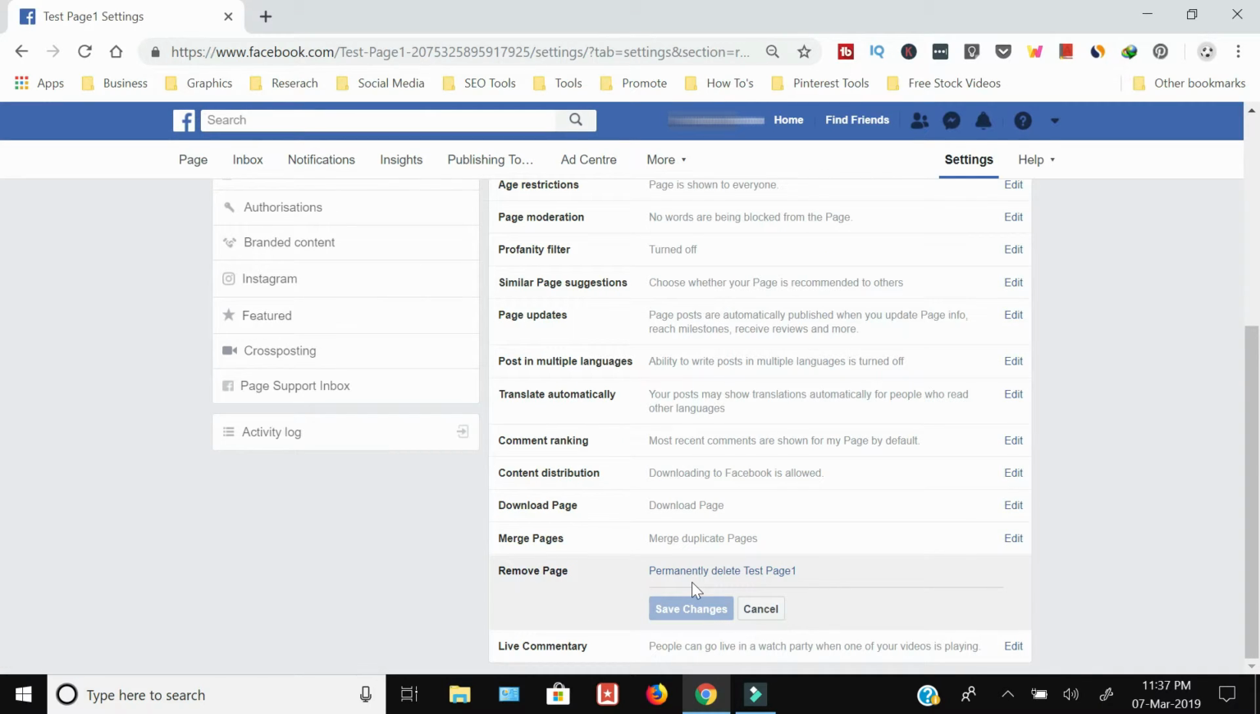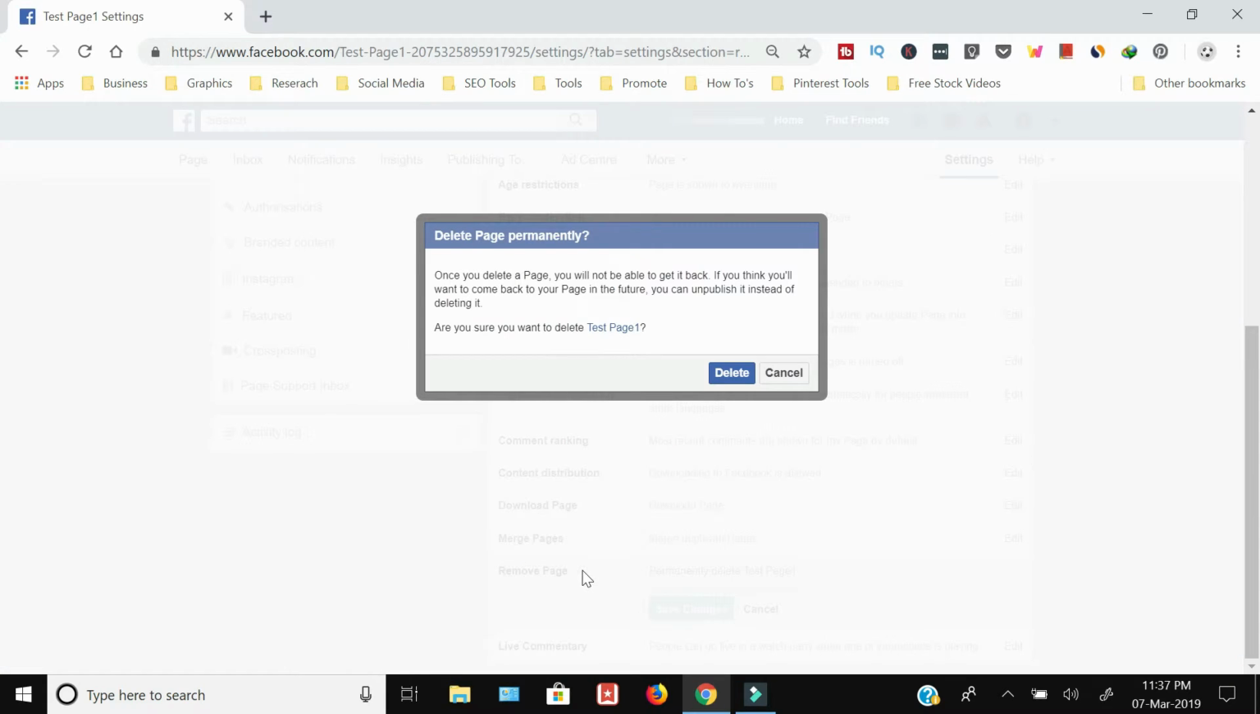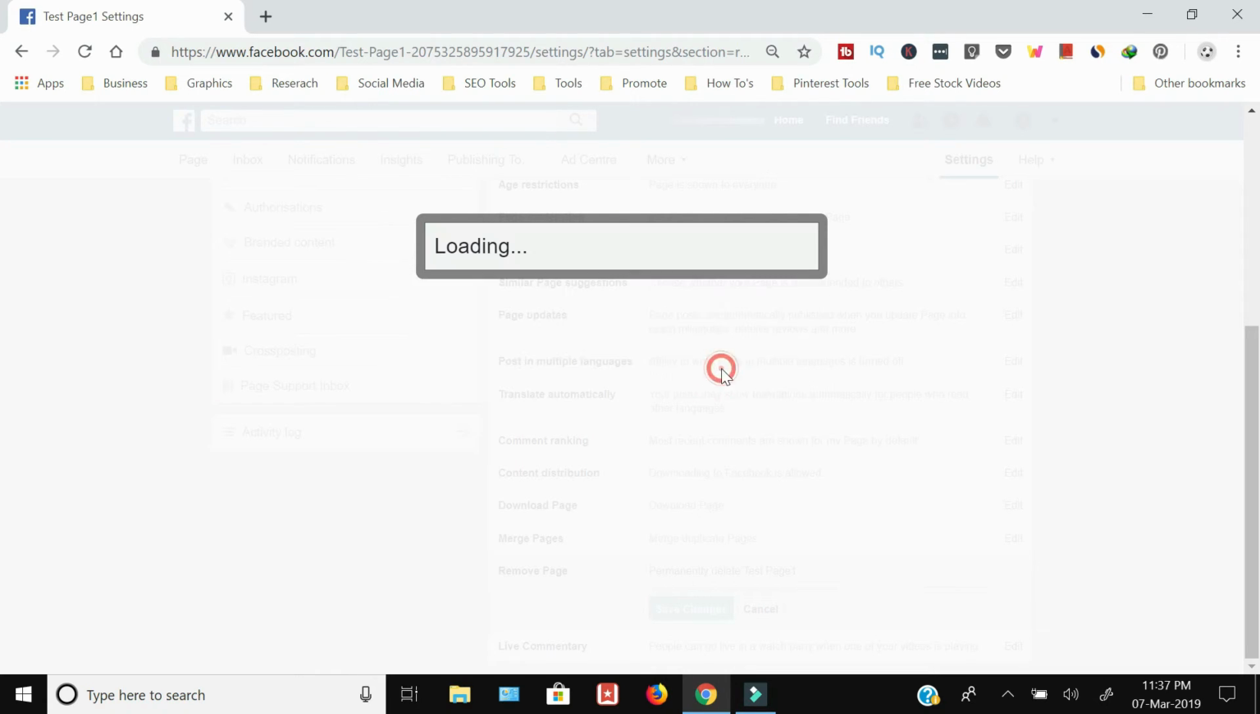and you will get an option permanently delete test page. Click that. After that, it will give you a warning that once you delete this page, you will not be able to get it back. So it is recommending that you can unpublish your page instead of deleting it. But since our aim is to delete the page, we are going to simply press delete,